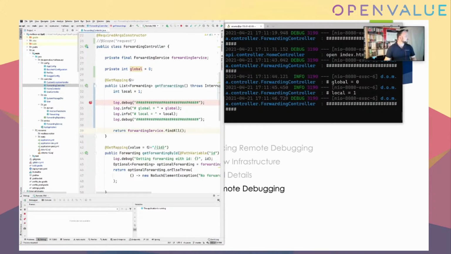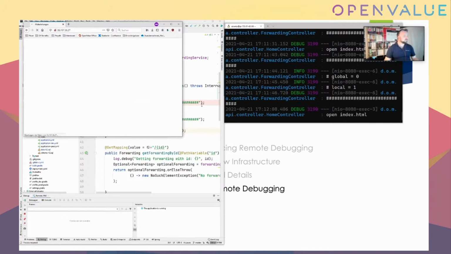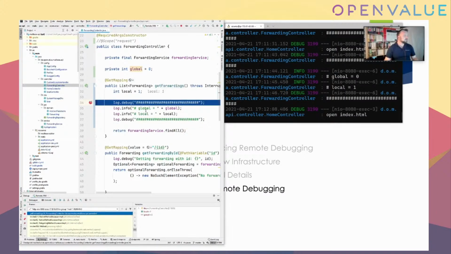Let's make it more interesting and bring in a second client. So at the first client, I'm restarting, I'm at the breakpoint, and now I'm in a debugging session, and I want to say, okay, I don't want to disturb the other developers, so I'm removing or deactivating my breakpoint and let the others do. So this was quite,